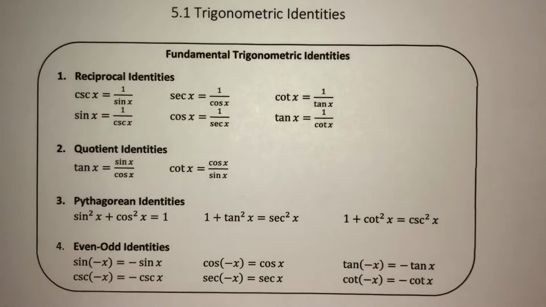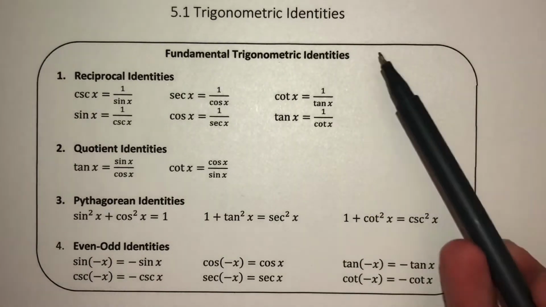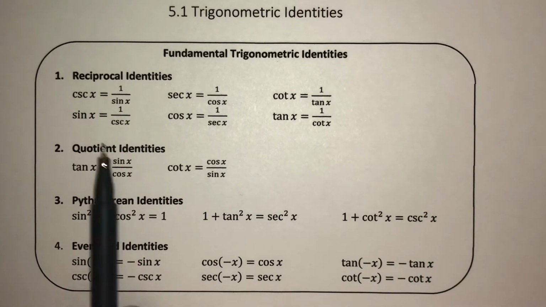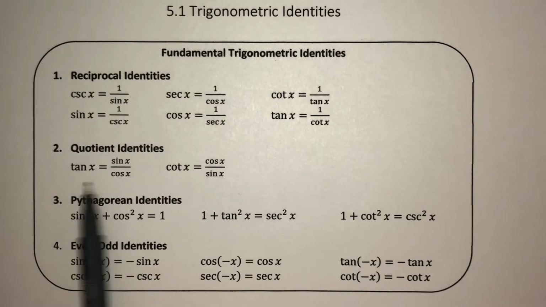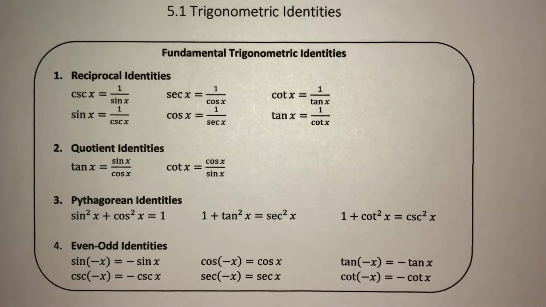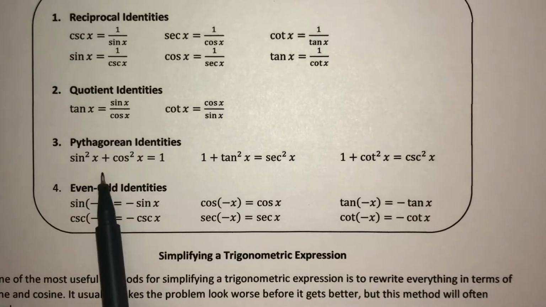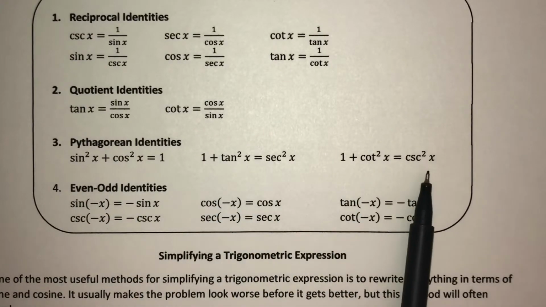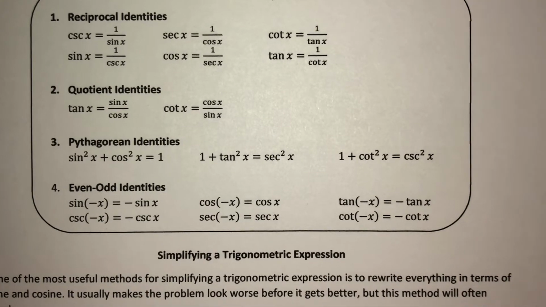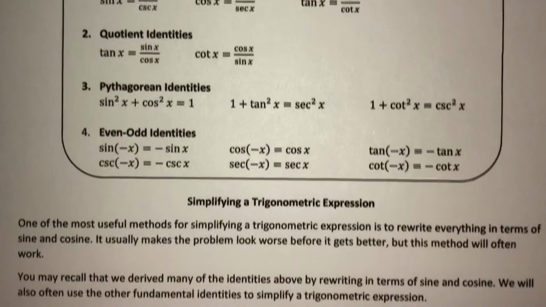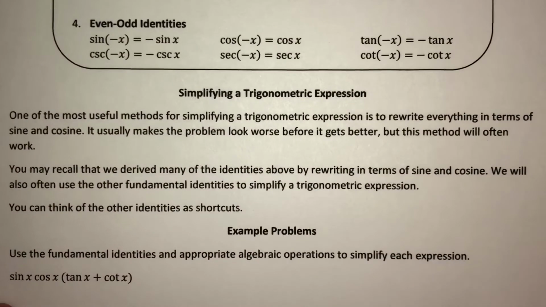As a reminder, these are the trig identities we developed in the previous chapter. We have all of the reciprocal identities. We have our quotient identities. We have our three basic Pythagorean identities. And we have our even-odd identities. Okay? So the first thing we're going to be doing here is using